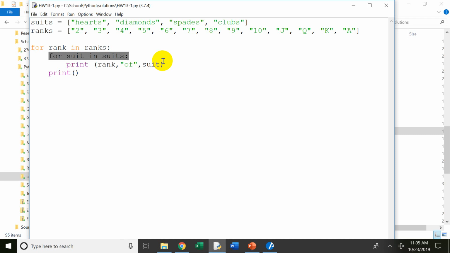Chris? What would have happened? So I got it right, but I pretty much got it right by accident. What would have happened if you reversed suits and ranks, like in terms of which is inner and which is outer? Okay, so when I run this,